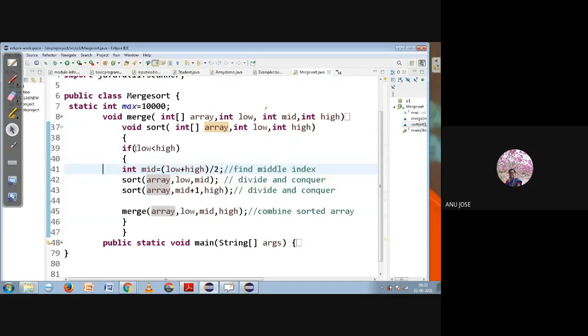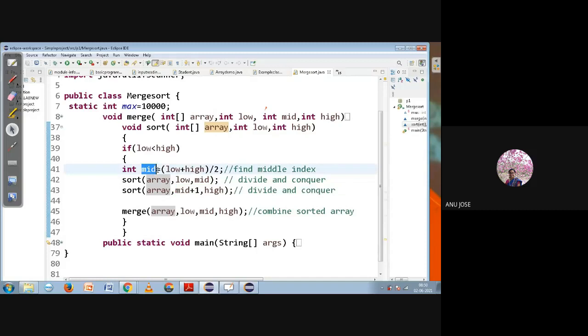Okay. So the low less than high condition is true. It indicates that many elements are present in the array. After that, what other things should I do? I should divide the array into half of the size until it reaches one single element, recursively. So that is the task it is doing. Over here you can see the middle element will be calculated by low plus high divided by 2. That is the same logic we have used in binary search. So low plus high divided by 2 will calculate the middle index value. Then low to mid will be the left half subarray, and the right subarray will be from mid plus 1 to high.